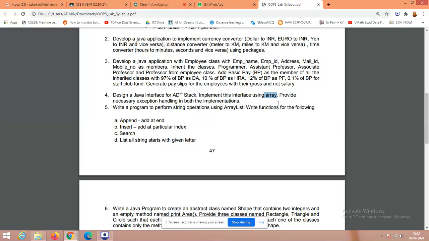So how can I take this data structure and use it in your application? In that way, you have to design. See, I think you people are very good and familiar with Python. If you want to use a package, you use pip install, and the package is ready to accommodate with our program and start executing. Likewise, your interface should be there. If I put implements and implement those stack operations, automatically the program will be ready to work with my existing application. It should not ask anything more. In that way, you try to design the content.